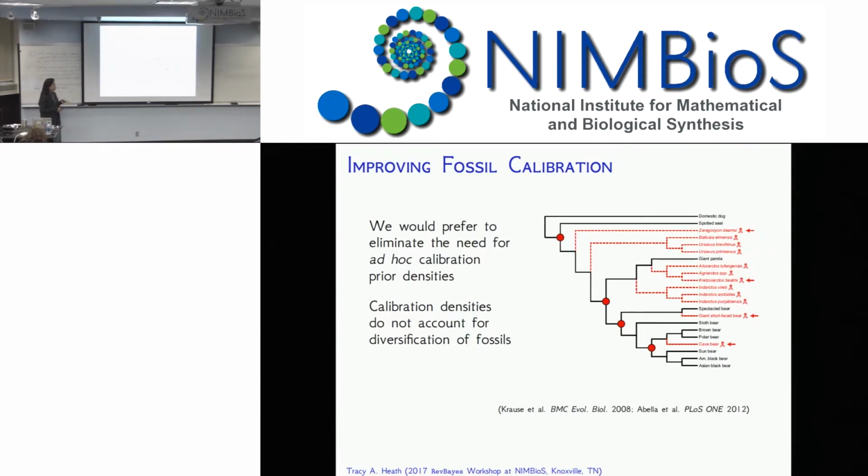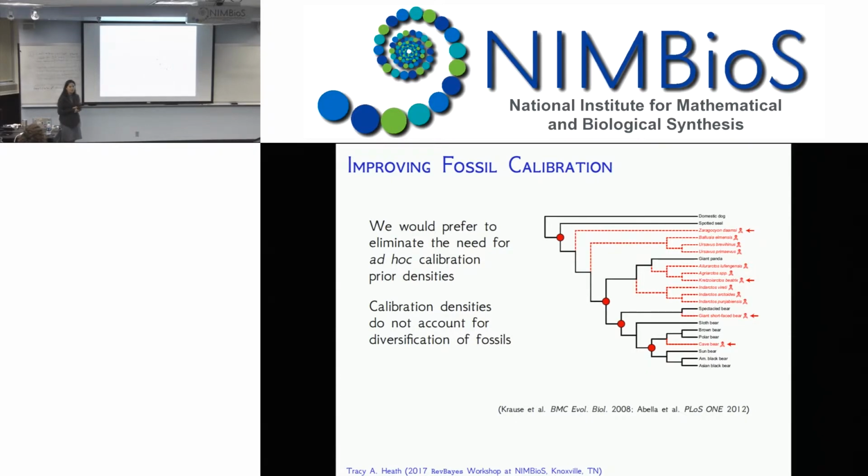And that's because we really think, in a lot of ways, these calibration densities are quite ad hoc, where we're trying to define a calibration density based on something that we don't fully understand. It doesn't have strong grounds in a biological process or anything like that. But also, we might have a lot of fossils for our group, and we would actually really like to account